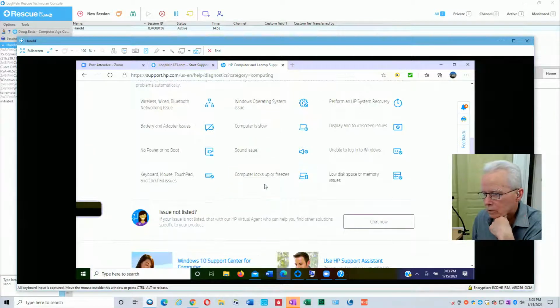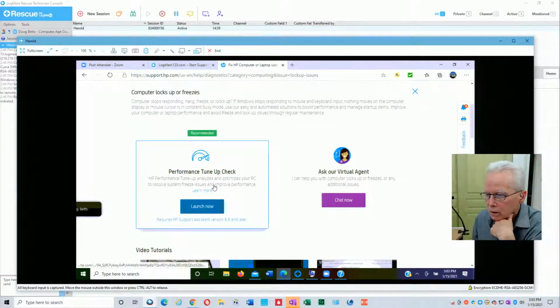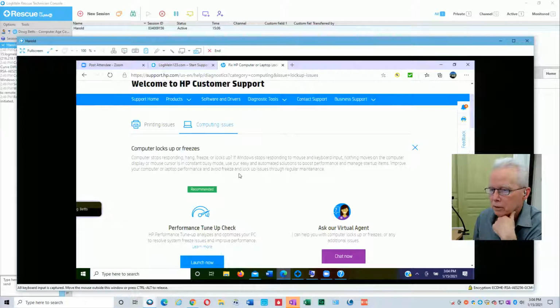What do you want to believe we're going to get the same message? Well, we didn't. "Analyzes, optimize your PC to resolve freeze issues and improve performance." Oh, that sounds interesting. "Computer stops responding, hang, freeze, or locks up. If Windows stops responding to mouse keyboard input, nothing moves on the computer display or mouse cursor constantly busy. Use our easy automated solutions to boost performance, manage startup items, improve your computer or laptop performance, or avoid freeze